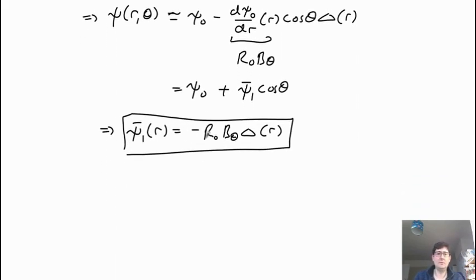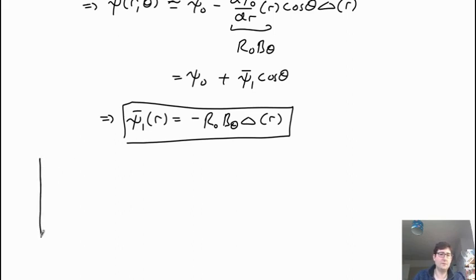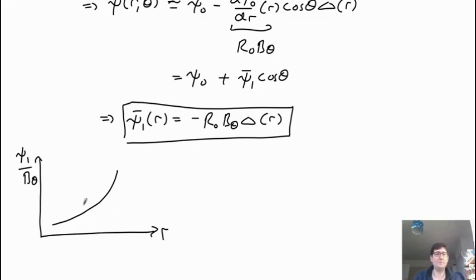And remember the graphs we had before for what psi 1 looked like, so psi 1 is a function of r, so psi 1 divided by b theta here. And this was some kind of increasing quantity with r. We didn't specify what the boundary conditions were, so we just know that it's increasing with radius. And therefore, we can say that psi 1 divided by b theta, r naught is always positive, so delta is always decreasing. So we can plot what delta looks like against radius. So it's always going down.